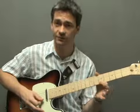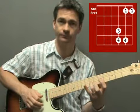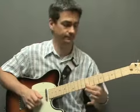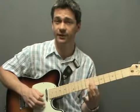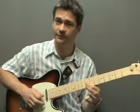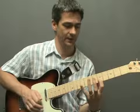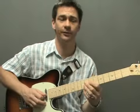For the first exercise, I'm going to use the top 5 notes of the scale. And also I'll include some slides, for example from the 5th to the 8th and back again, and on the G string from the 7th to the 8th and 8th to the 7th. And also I'll include some hammers as well, 5 to 8 hammer on and maybe 7 to 8 hammer on the G string